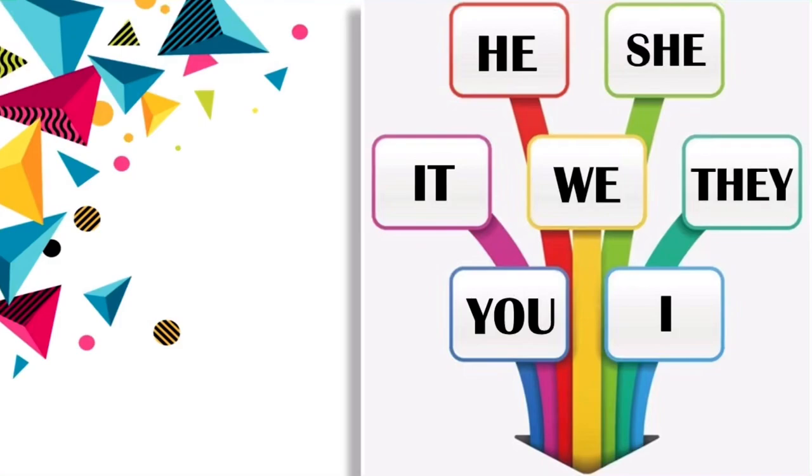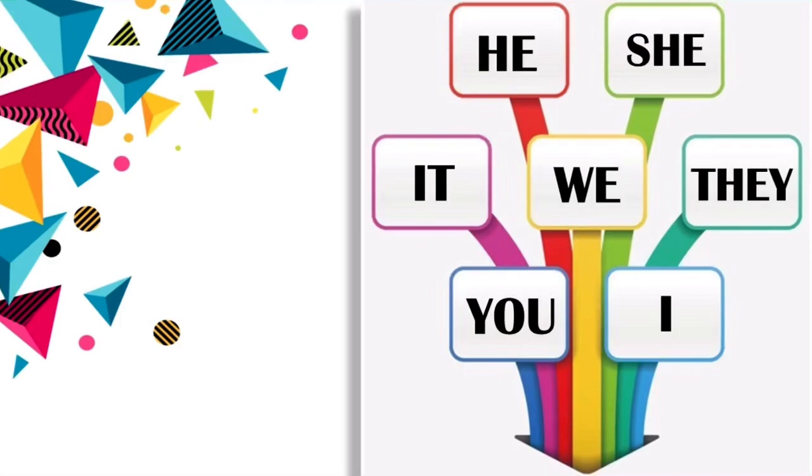Fine? Now let me rewind that. Pronoun he is used for male gender. Pronoun she is used for female gender. That means to refer to a female gender. Pronoun it is used for animals, plants, trees, and for non-living things as well. But remember that if you have any kind of relation with any animal, like if it's your pet, then you may use he or she also to refer them.